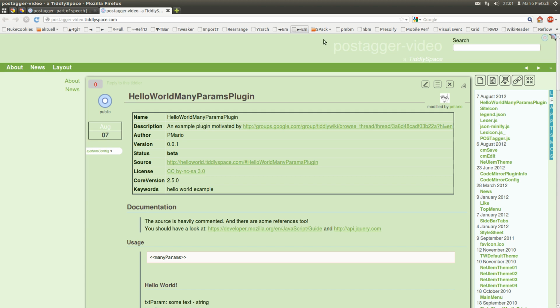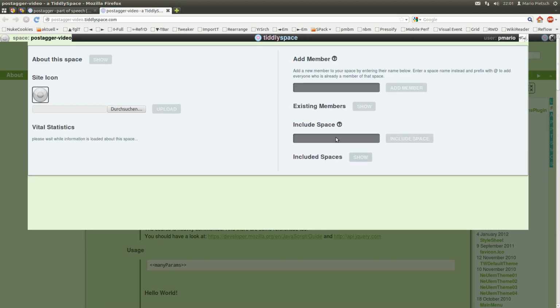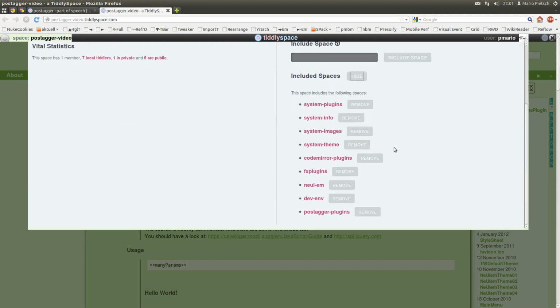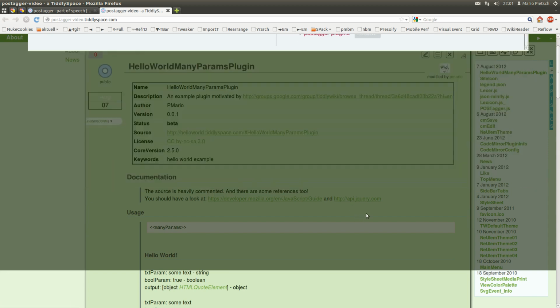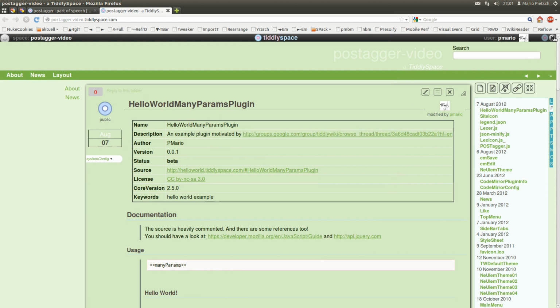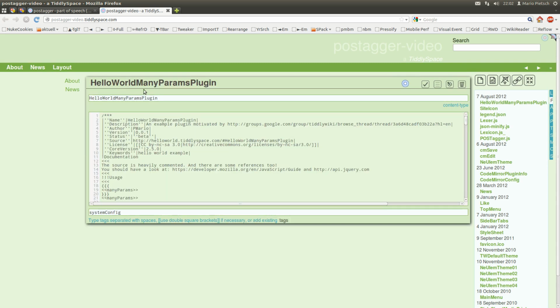Okay, so you don't need this one anymore, and the libraries are included here. So this is the development space now. So it has the development environment and the Post Tagger plugins with it. Okay, now let's create a Post Tagger plugin and just change the Hello World plugin into Post Tagger